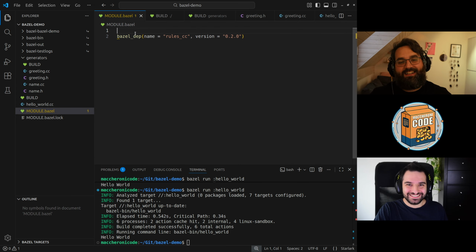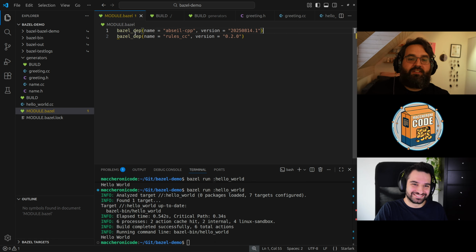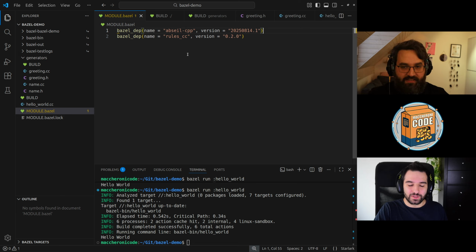So let's add an additional dependency to the project, and this is the Abseil library. This is a super cool library that provides advanced functionalities and cross C++ version compatibility. We're not going into the details in this video, but it's also a way to say that you can actually include entire libraries as a dependency to your whole project.